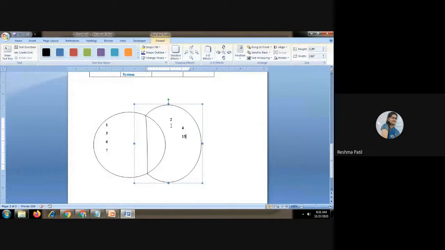These are the values of the second relation and these are the values of the first relation, and the common values we will write here. For example, 5. So 5 is there in the first relation as well as in the second relation.